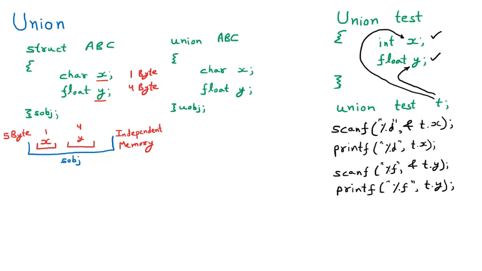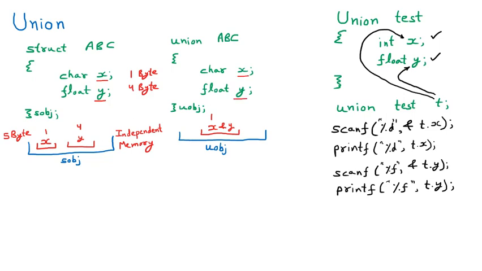So let us suppose that this is the memory of UOBJ. UOBJ means U is the union, object of union. Now how are we going to take out the memory, and we know that the memory is shared. So first of all, we must know that there is a shared memory. That means X and Y both will share a memory. But the question comes, they are going to share a memory, but how much?